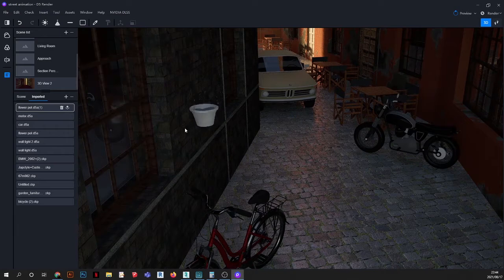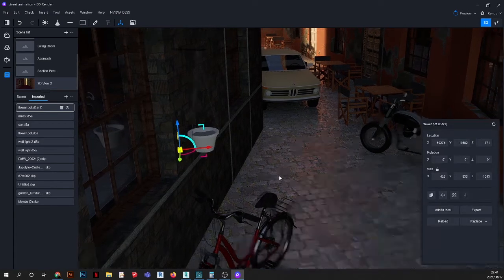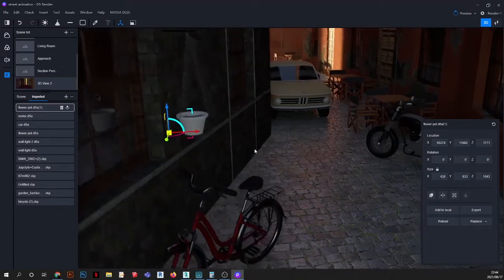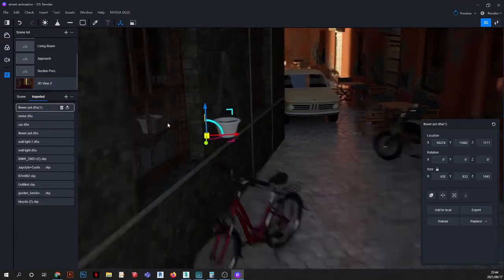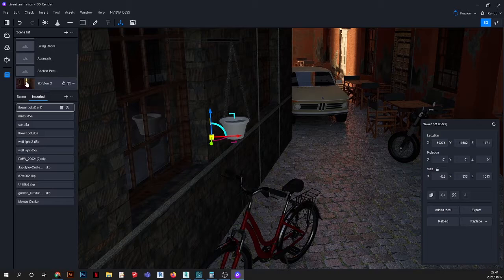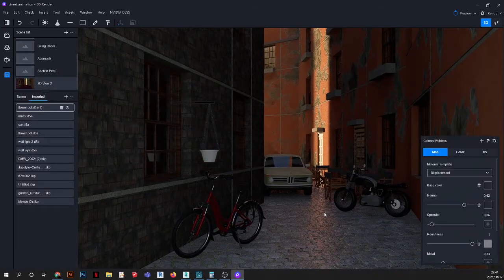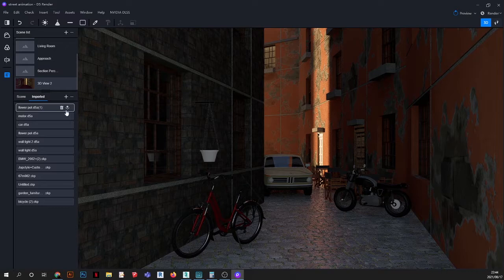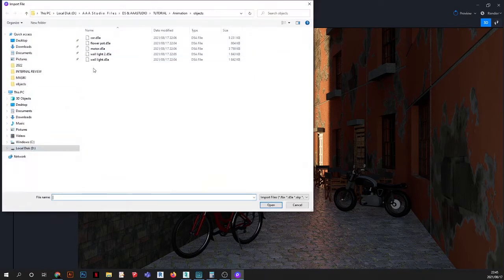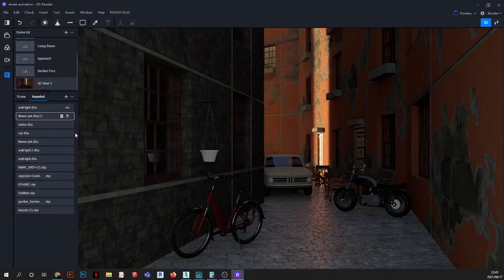I am just going to position my flower pot here. I like the reflection of it in the mirror, in the glass, so that's why I brought it a little bit close to see that. Okay, great. Then we can go again and say wall light, open wall light,